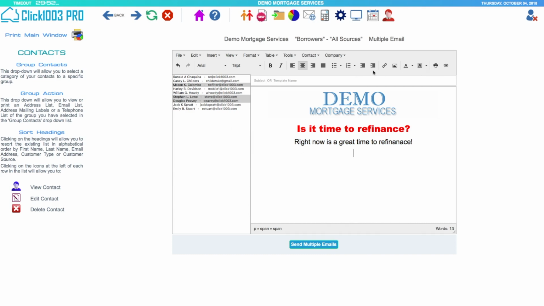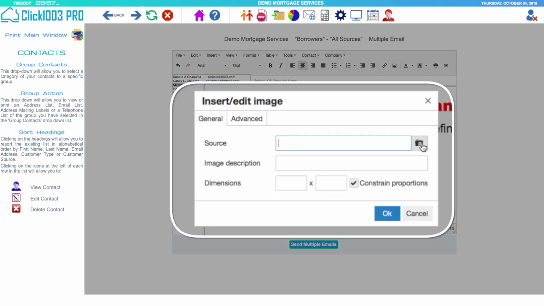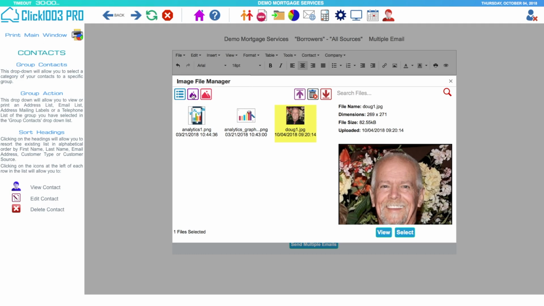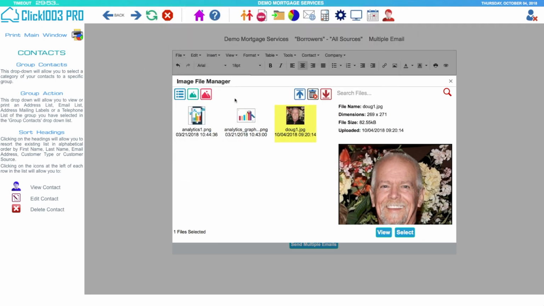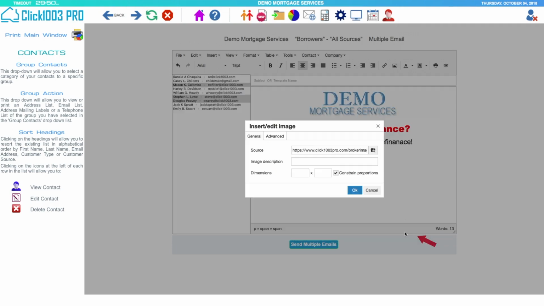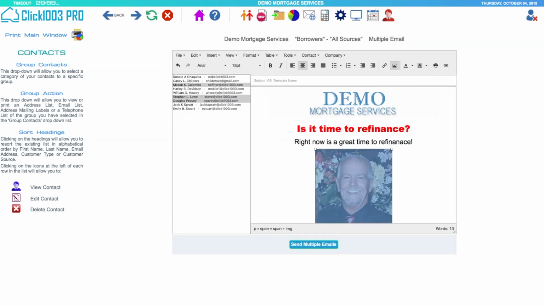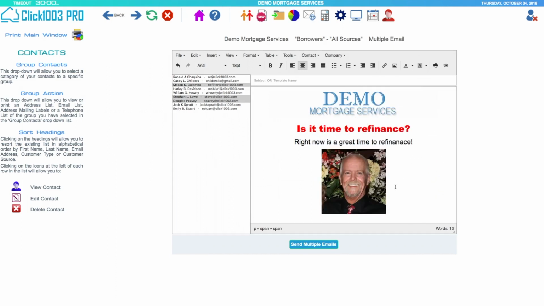We're going to put in our picture. So let's go to a picture. Here I have some already, and they show up in the file manager. We can pick a picture, or we can upload a picture like anything. If we click here, we'll be able to upload anything that we want to. So we're going to click cancel because I already have the picture, and we're going to click select. And then we're going to click OK. You can give it a name or description if you want. You say okay, and the picture's a little big, so we're just going to make it a little smaller, like so. And then underneath it,